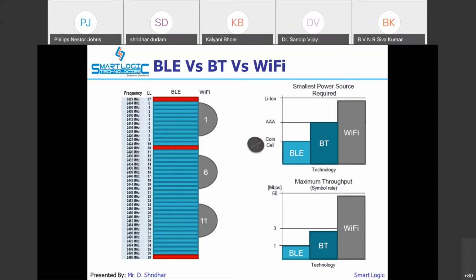Then comes the maximum throughput. There is limited throughput for BLE, up to 1 Mbps, but we cannot compete with Wi-Fi because Wi-Fi is meant for streaming. BLE's application area is different from Wi-Fi's application area.